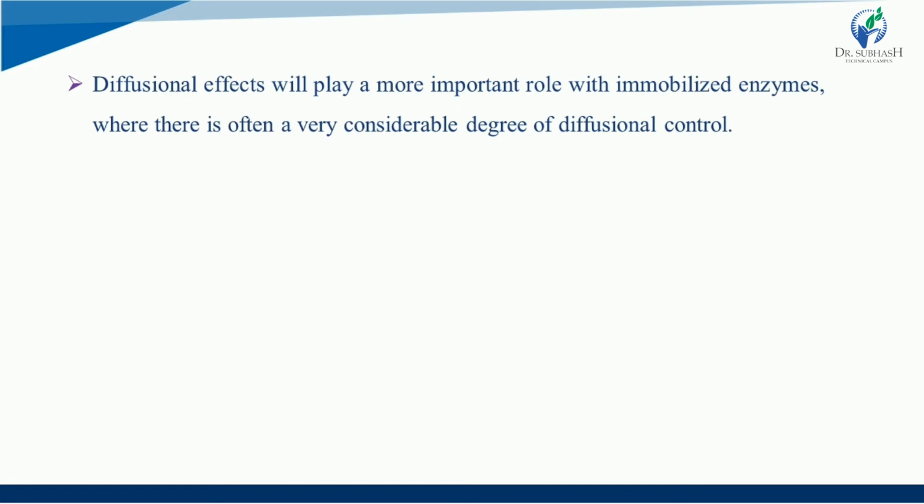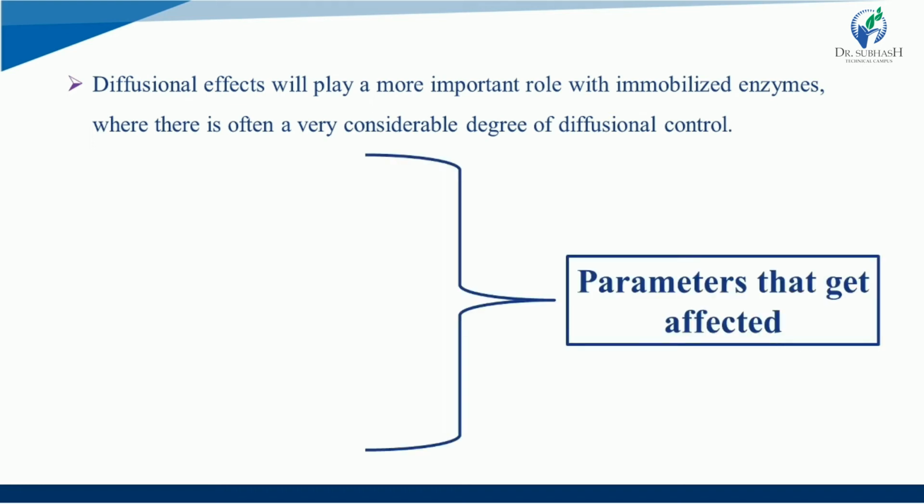So, sometimes diffusion also plays an important role in changing enzymes. So, these are some of the parameters that get affected. We are going to see them one by one. So first one is